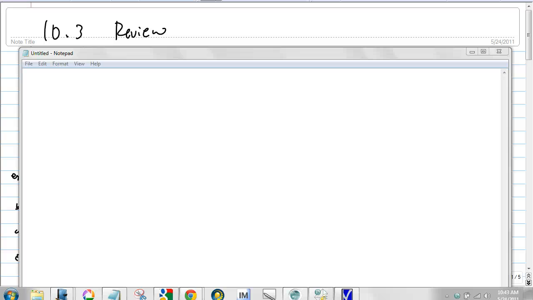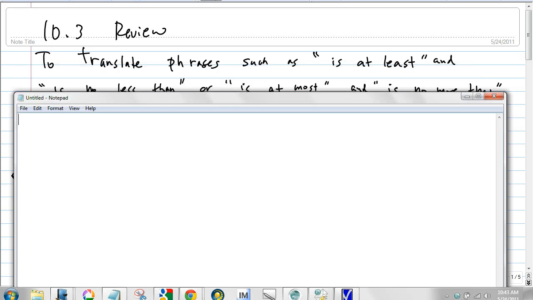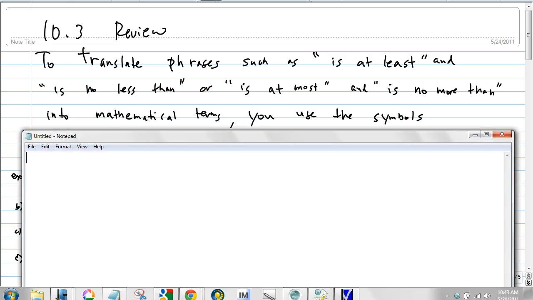Okay, we're going to review 10.3 a bit. Okay, so write this down. To translate phrases such as "is at least," so these are phrases that you will see on those word problems. And when you see phrases like "is at least," "is no less than," or "is at most," and "is no more than," into mathematical terms, and when you